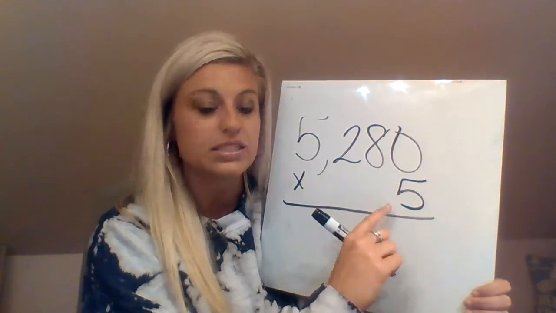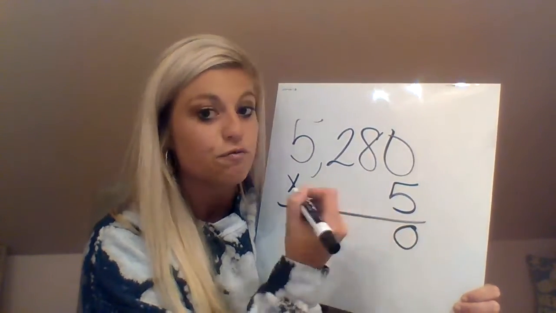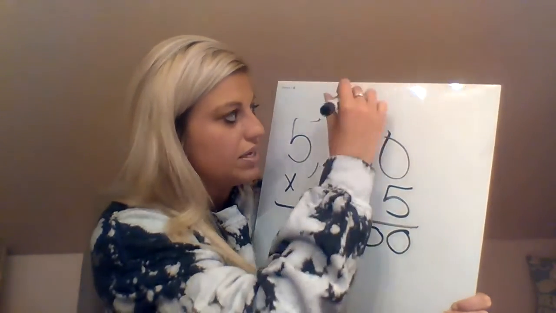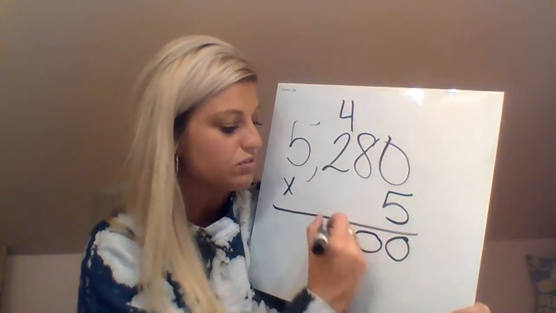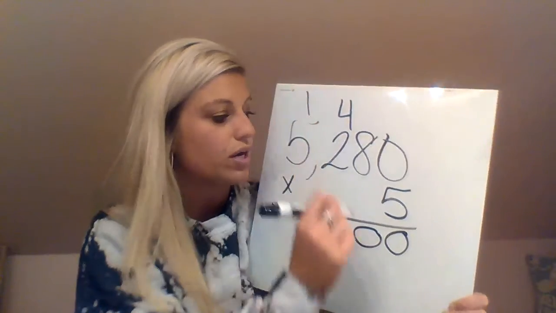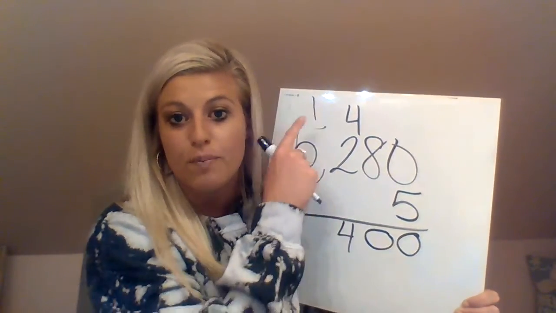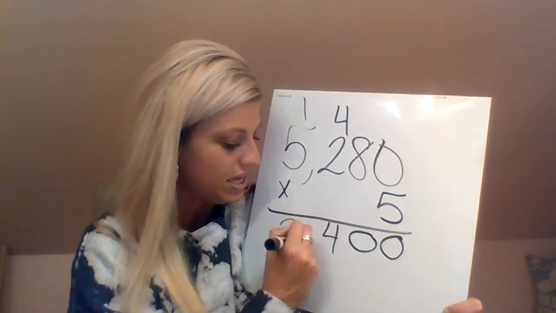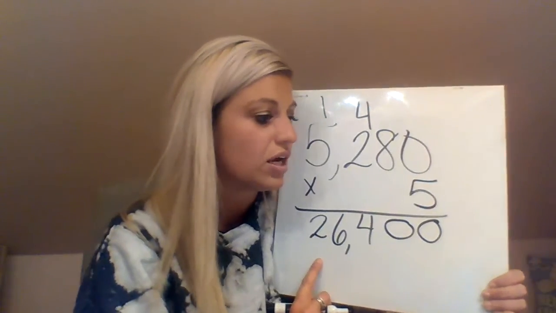So let's work this out. 5 times 0 is 0. 5 times 8 is 40. I bring down my 0 and carry my 4. 5 times 2 is 10. 10 plus 4 is 14. Bring down my 4, carry my 1. 5 times 5 is 25. 25 plus 1 is 26. And I'm going to put my comma in the correct place. So the answer is